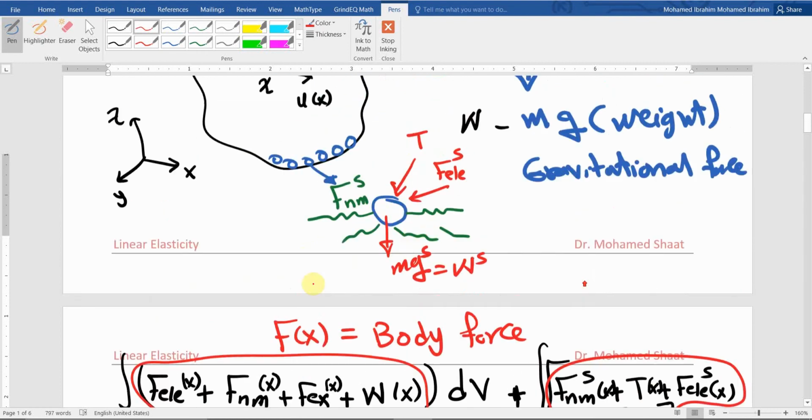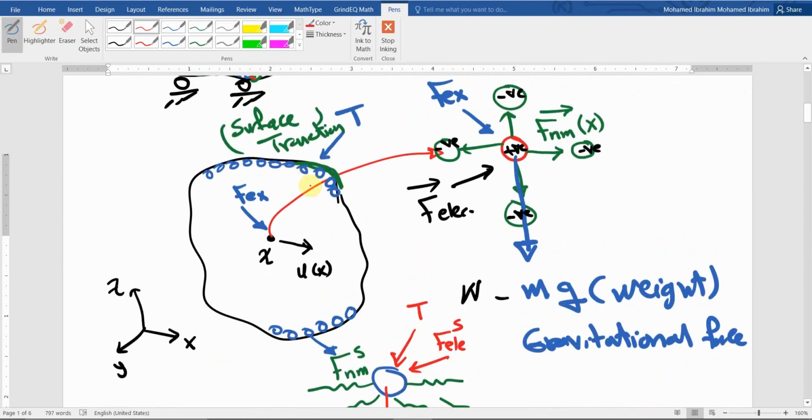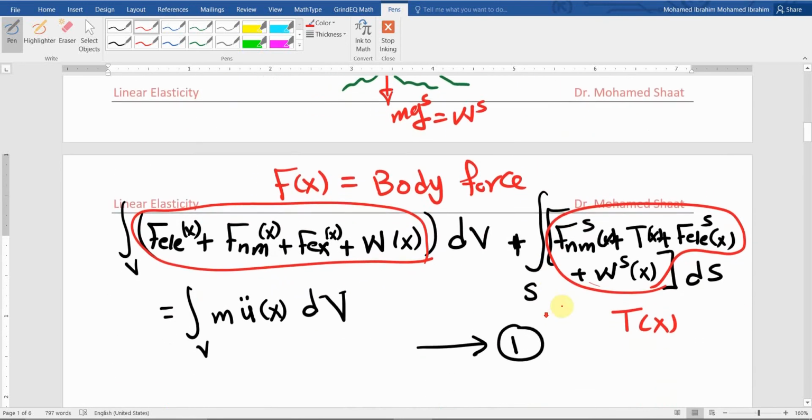We have to collect all the forces over all the continuum. So we do have particles in the core, and we do have some other particles over the surface. So we have to collect the forces acting on the particle over the surface too. These forces, we can sum all of them together, that it would be interaction force, external force, electric force, magnetic force, weight, whatever they are. Collect all of them together into one term and give it a name T, which is the external surface traction